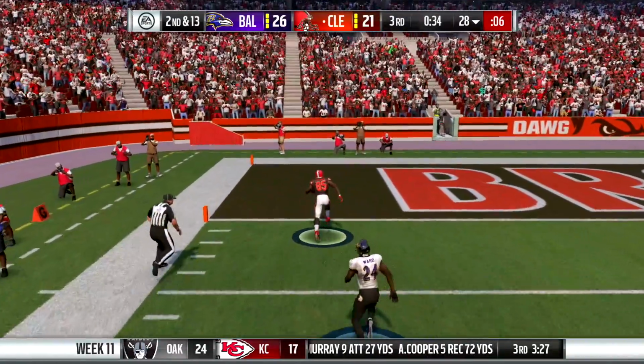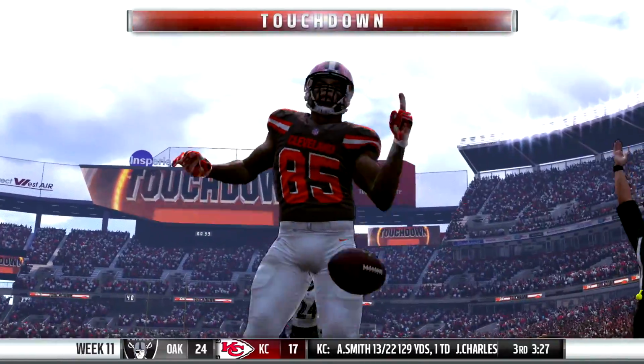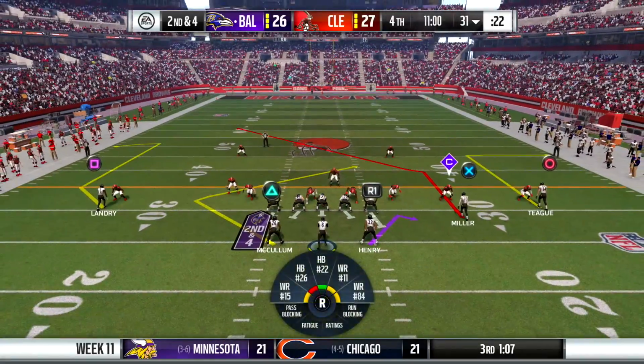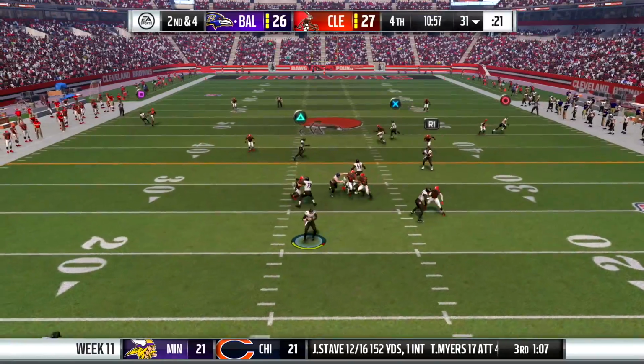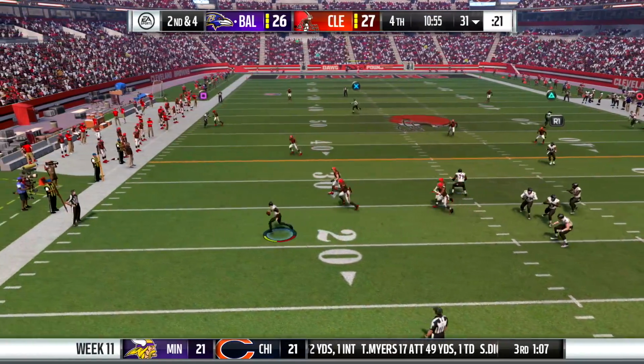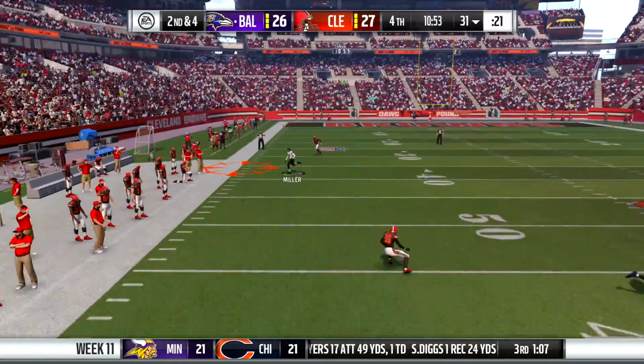It was one-on-one coverage with Joshua Perry. Did not have the speed to actually be able to keep up with them. That is an easy touchdown. Cleveland is now up 27-26 in this matchup, but then we are going to answer their answer right back as